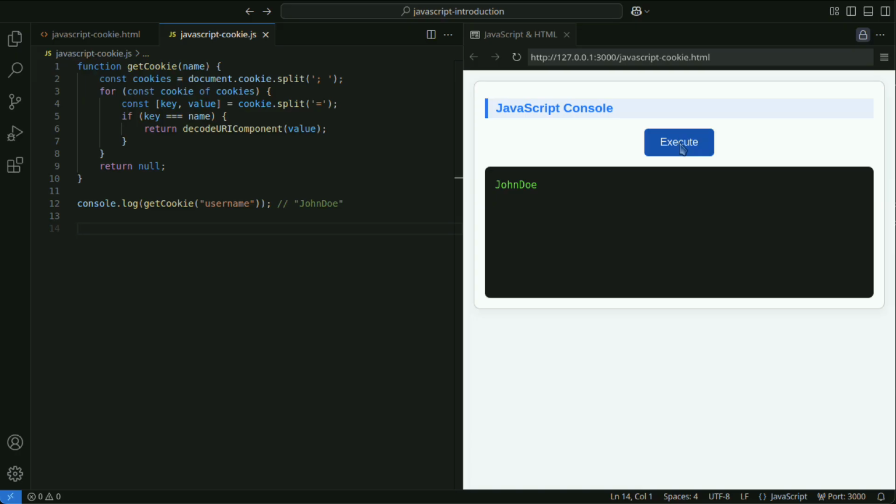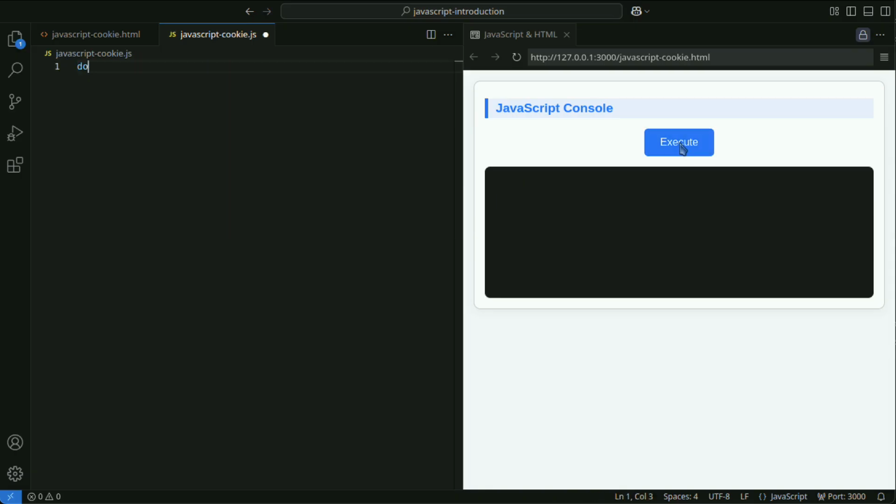A cookie can be deleted by setting its expiration date to a date in the past. By assigning an empty value to username and setting the expiration date to the past, it will be deleted. When deleting a cookie, you must also match the path, SameSite, and secure attributes to those used when it was created. In this example, username is deleted, and other cookies such as theme equals dark remain.